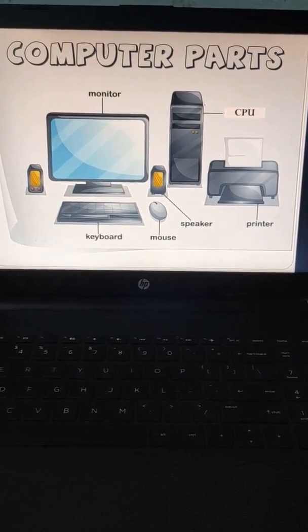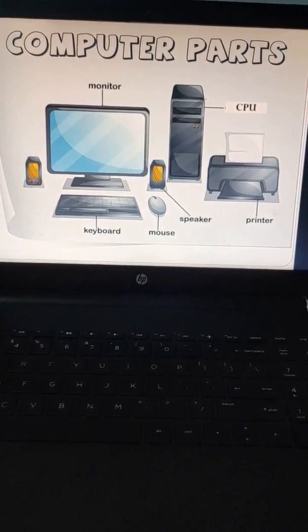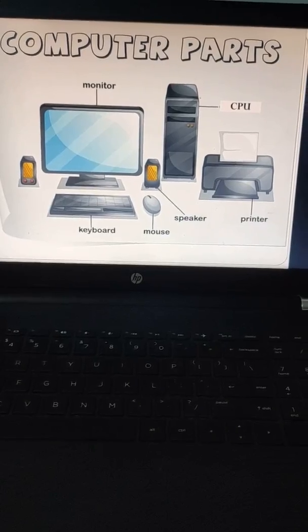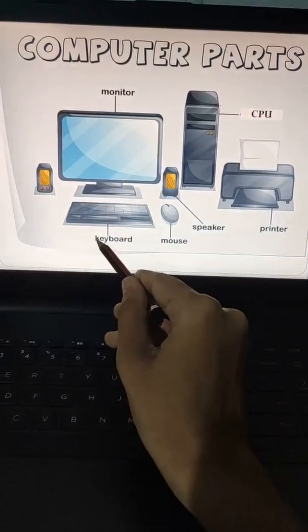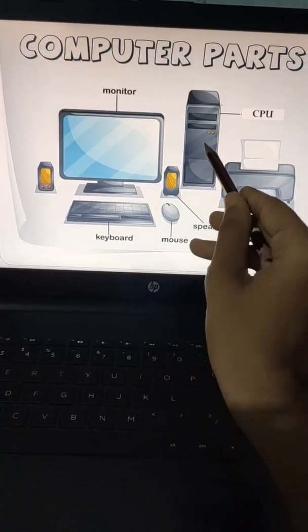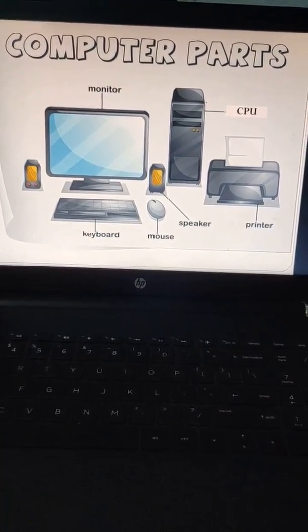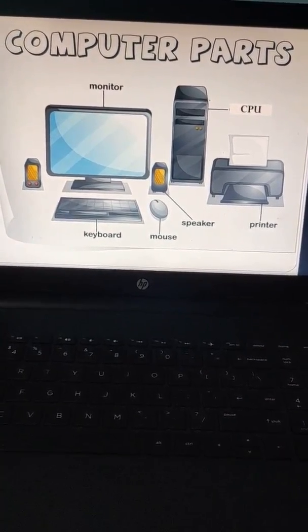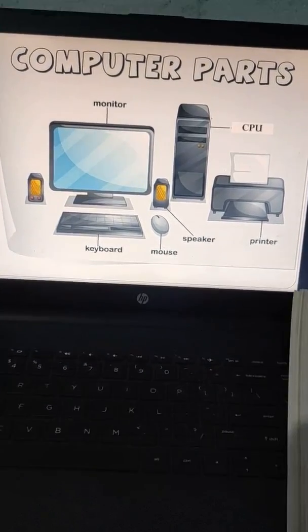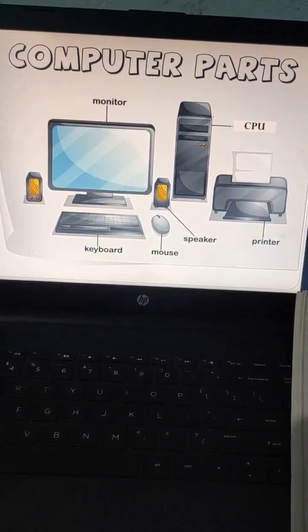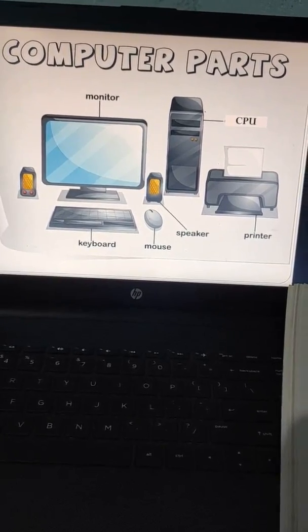So I hope, dear children, you have learned carefully the parts of a computer as well as the other parts of a computer. The basic parts which we have learned, I am showing you right now in the picture: monitor, keyboard, mouse, speakers, CPU, printer and scanner. These all are the computer parts, help the computer to function well. So you have to read page number 11 and 12 of the book carefully, and we will meet you in the next class. There we will solve the book exercise.